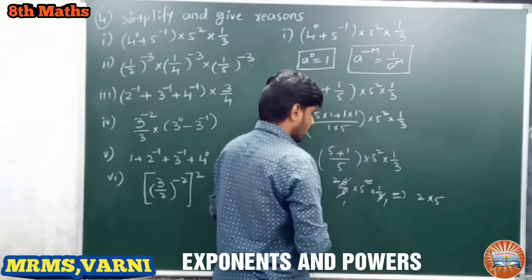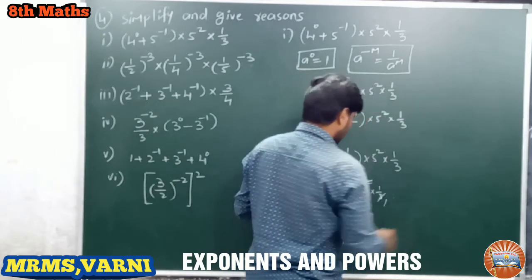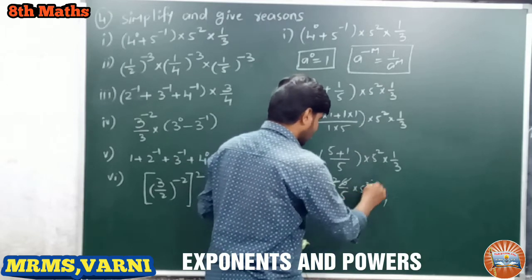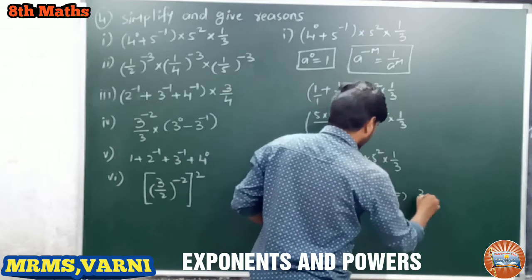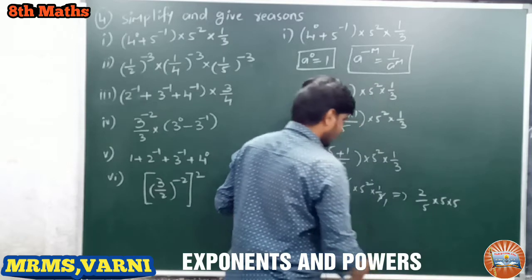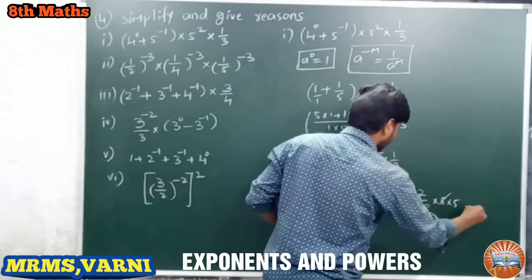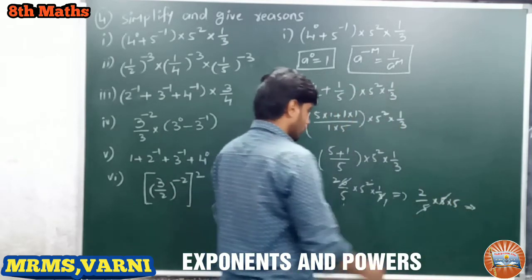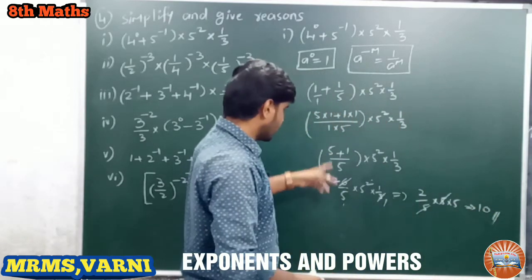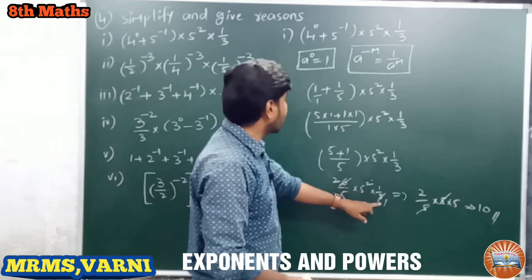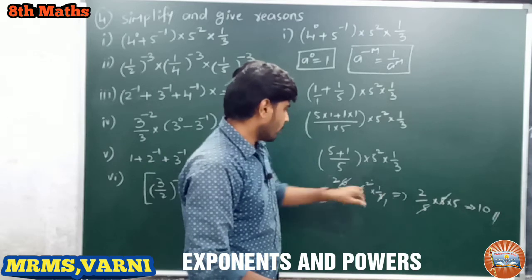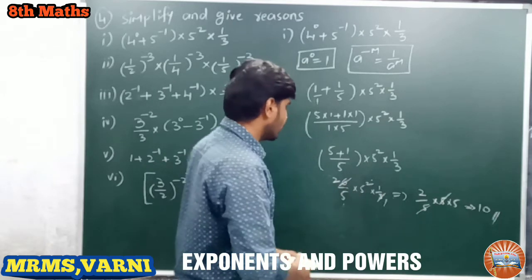Okay, or else we can write here, so write down as it is. This we can write 2 by 5 into 5 into 5. Okay, this 5 gets cancelled. 2 into 5, 10 is the answer. Shall we check once again? 6 by 5 into 5 square into 1 by 3. Is it clear? Yes. 5 cancel, 1 5 is remaining, and 2 and 3 gets cancelled. Okay, 10 is the answer.